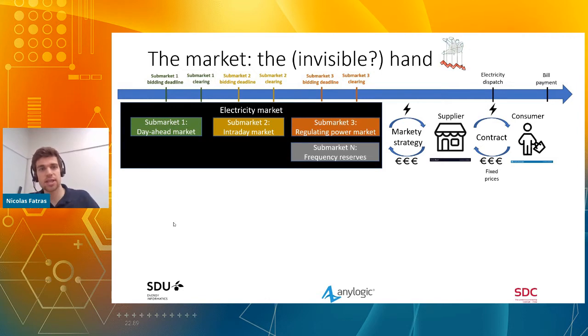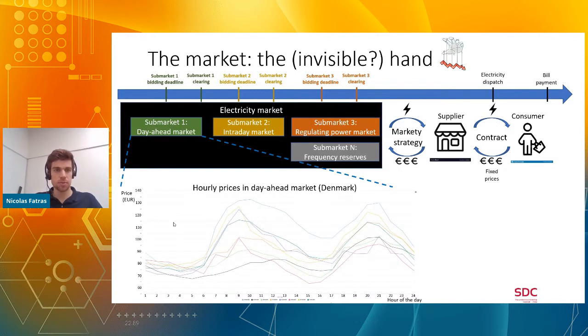Now, I won't go into detail about all the different sub-markets which constitute an electricity market. But what you need to understand is that each of these sub-markets has varying prices. So it's wholesale market prices. And the supplier, for example, is faced with this problem that typically in the morning when people wake up, or in the afternoon when they come back from work, prices are higher than during the night or at midday.